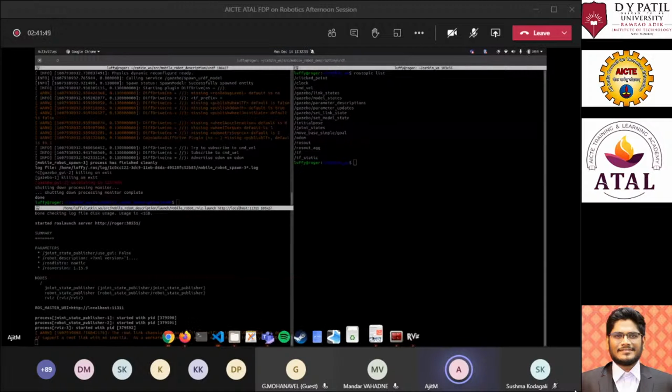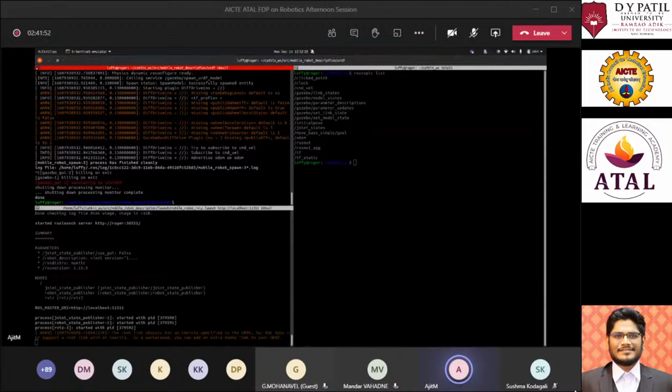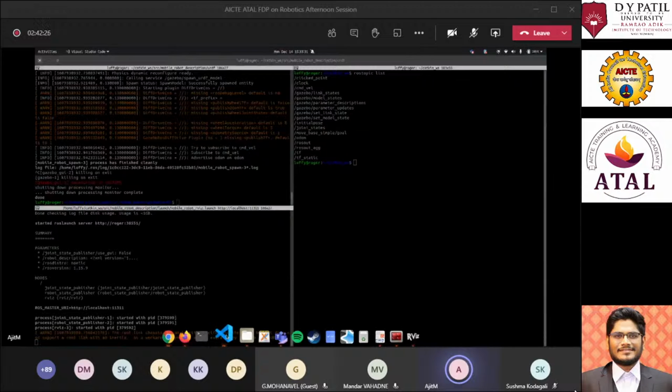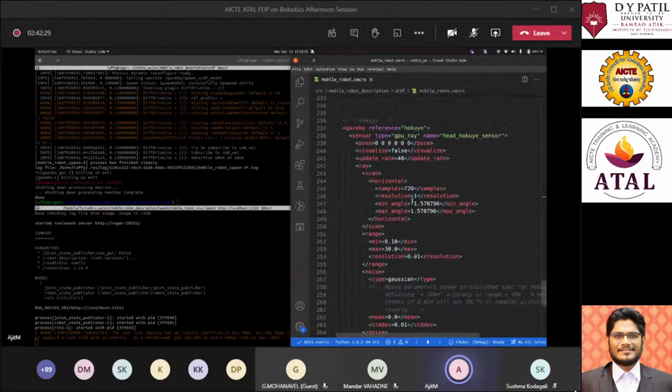So now we are going to talk about the camera. If you don't need to show the actual camera on the robot, you can completely avoid it and just add the sensor to the robot. But if you want to add a specific model to that specific sensor, you can also add that as well. Right now I haven't added any camera model per se. If you go back into the code here, you can see I have added the camera over here.